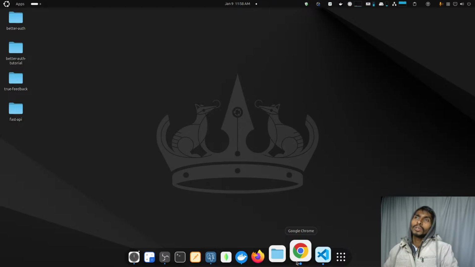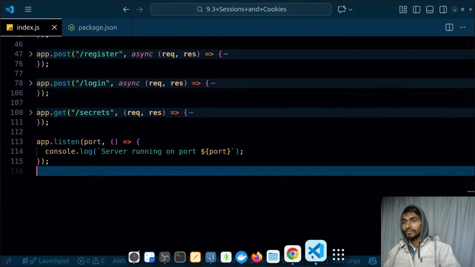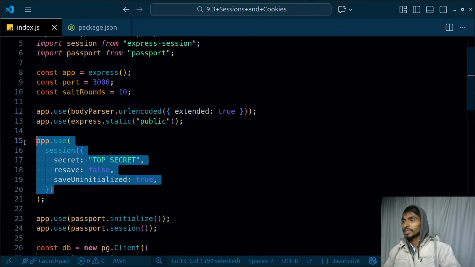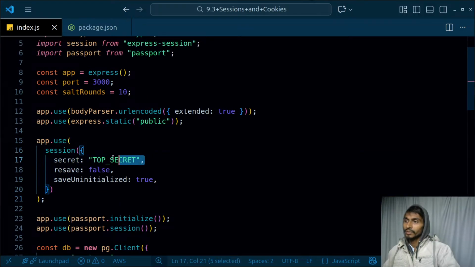So why are we even using express session over there? These are the doubts that I actually have. So what is the use of using express session? Okay, if we are using express session, that is fine, and then the express session will do only one thing, right? It will make the data be saved on the client side, and the data will be saved on the website itself. And if we want to save the data on any store, we will have to configure the store manually. But as for this one, it simply saves the data with the help of the secret.